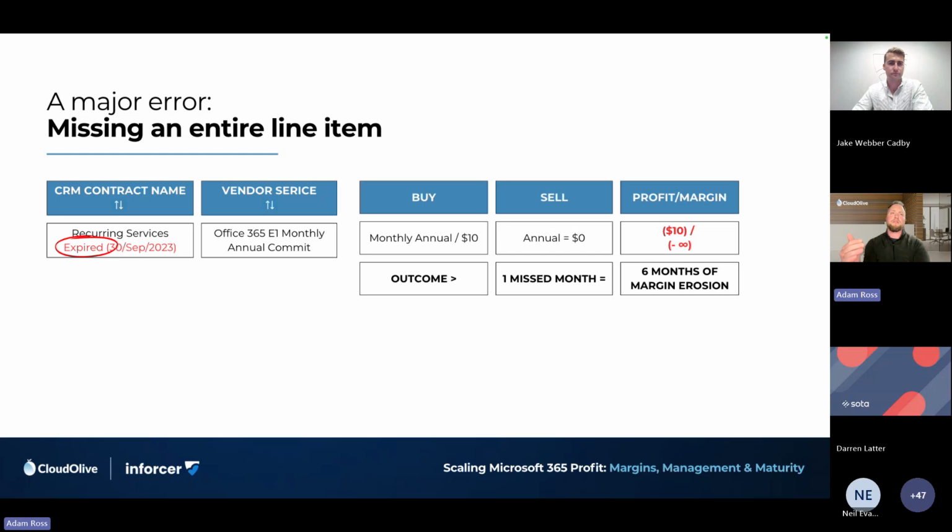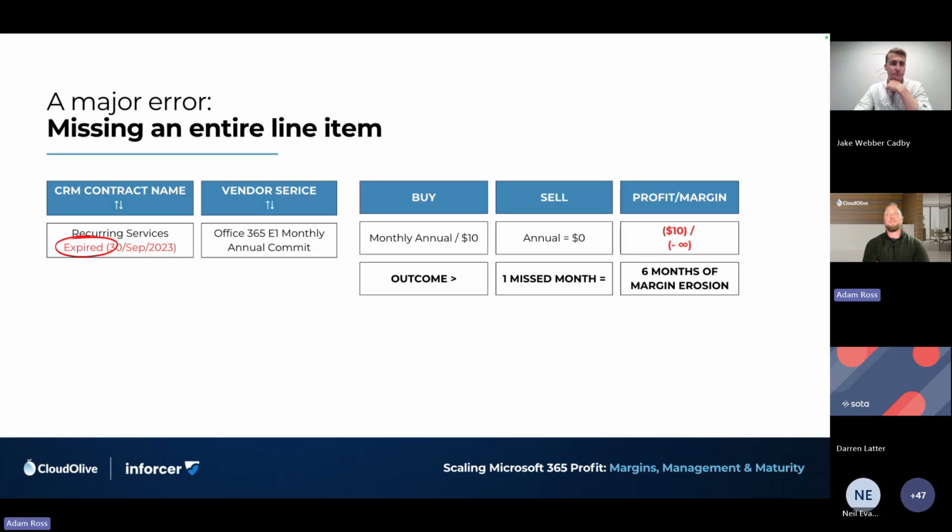The other side is, customers, again, won't come to you for that one, right? But where they will come to you is if you've been billing them for a month after they cancel something and it's still been on bill to them. If they come back to you, you have to give them that refund. Your mistake, you have to give them that refund. It's the same thing. It's 6 months of margin that's disappeared.